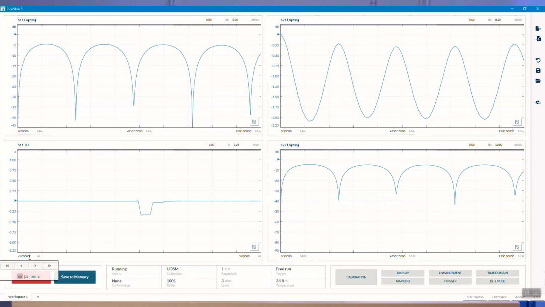You can see here this is a live updating plot that we have, and all I'm doing here is setting a start time and an end time. I'll type that in as 4. So we're now at 500 picoseconds per division, and we can see this is my 25 ohm section and back to my 50 ohm reference line there on S11.